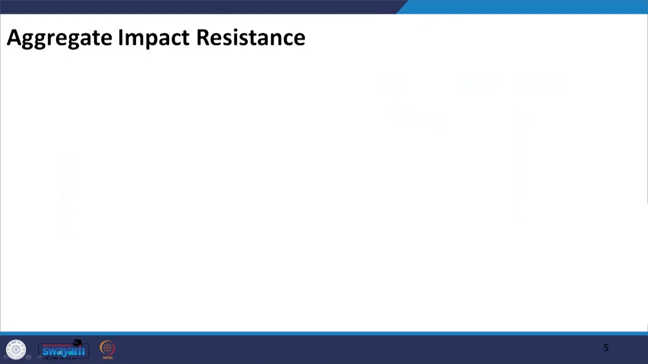Alright. So, now we will start discussing the aggregate properties, and the first property which we are going to discuss is related to the impact resistance of the aggregate. Now, before I begin discussing the aggregate properties, I just want to make clear a few things which should come in our mind when we are learning about these properties, that